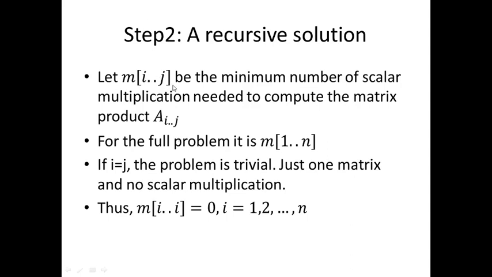And here the trivial case is when i equals j. When i equals j, it is A1 to A1. There is no meaning in multiplying that. Our objective is A1 dot A2 dot etc. dot An. Therefore A1 dot A1 is A1 only. That is a trivial case, and there are no multiplications required. Therefore the number of multiplications is 0. This happens for all diagonal entries.